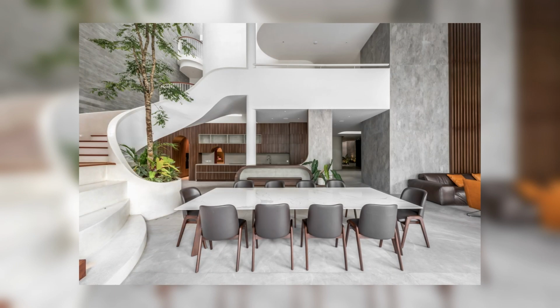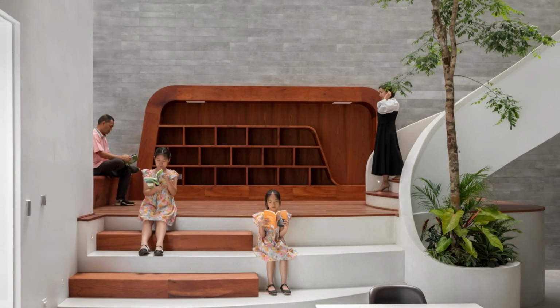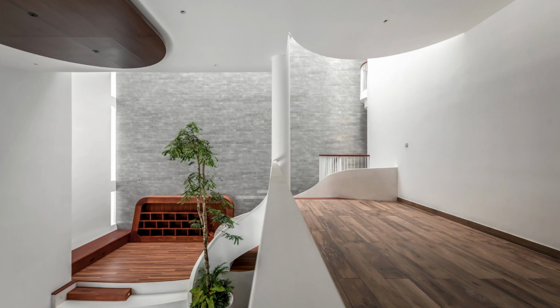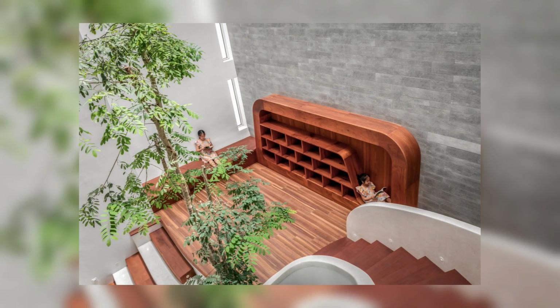To overcome this, we created many skylights of different sizes in different positions to bring light into the house and create air convection, combined with potted green plants. Especially to eliminate the feeling of distance between floors, we designed the landing of the stairs into an entertainment area with light and greenery to create fun and excitement when moving up the stairs, through which people take the stairs